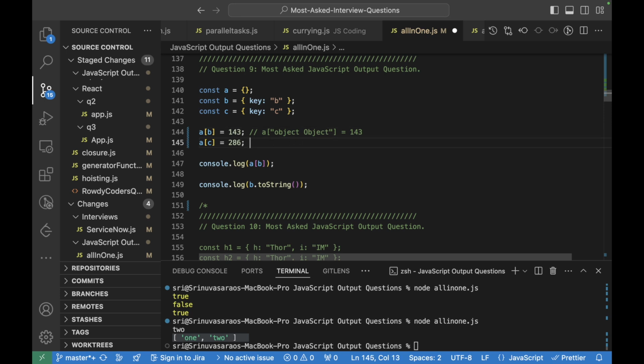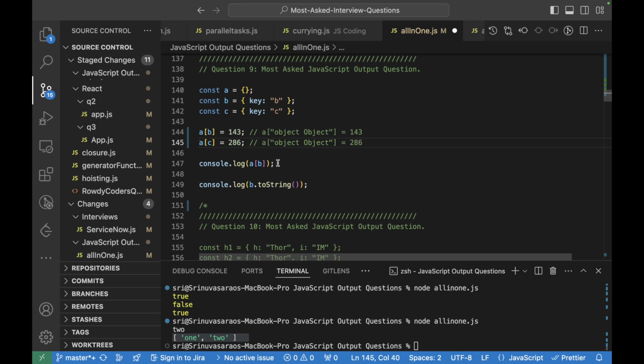And when it comes to this, c will again be converted to "[object Object]". So a of that key will again be assigned, this time 286.